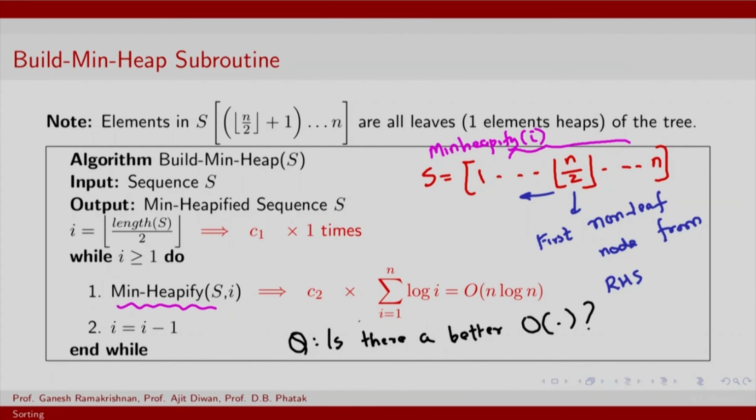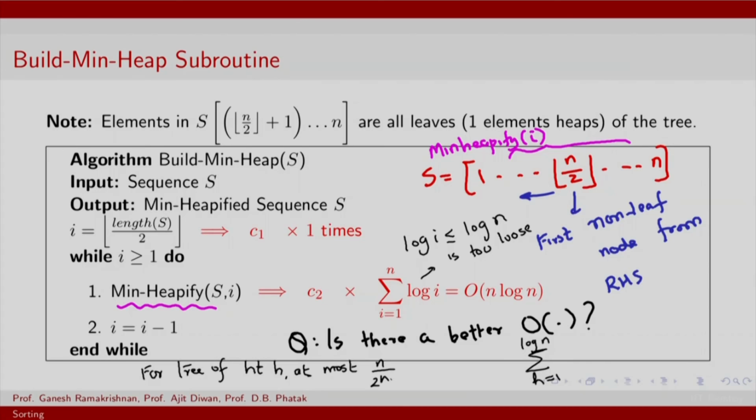The answer is that log I being upper bounded by log n is too loose. We could actually tighten it, and we do it as follows. We change the summation from summation over the nodes I equals 1 to n to summation over height. The height can go from 1 to log of n, and what we find is this height can repeat for multiple nodes. In fact, for a tree of height h, at most n by 2 raised to h plus 1 nodes exist,